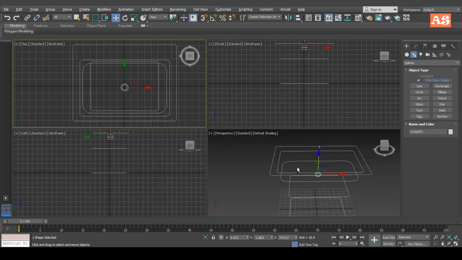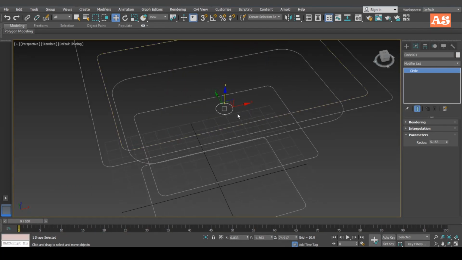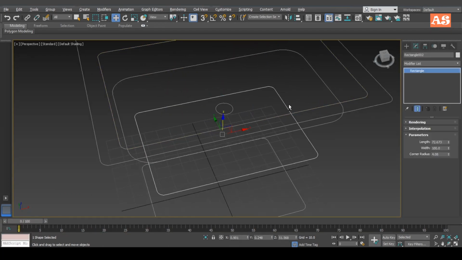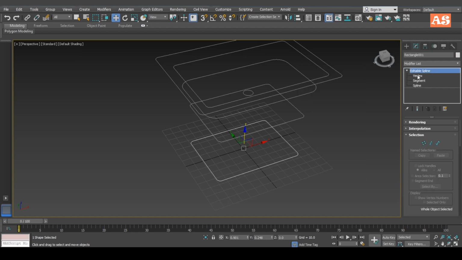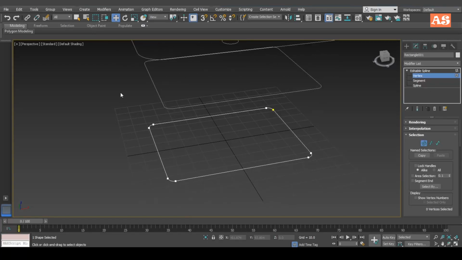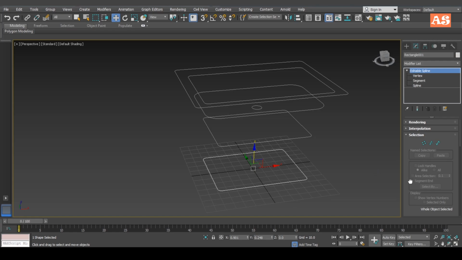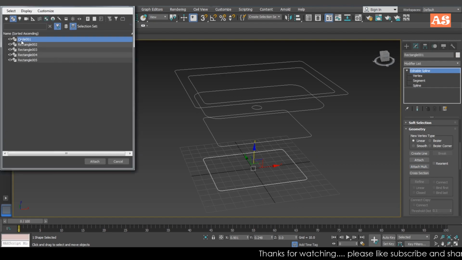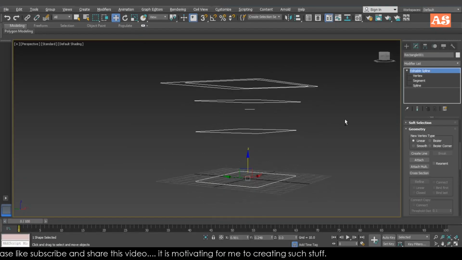but we need to make sure that the number of vertices in this circle will be 8, because when we convert this rectangle into an editable spline, just like this editable spline, after conversion, see there are 8 vertices in this object, so we need to attach all these objects. There is a command for attaching, Attach Multi, and select all these shapes and then click the Attach button. It will attach them into a single object.